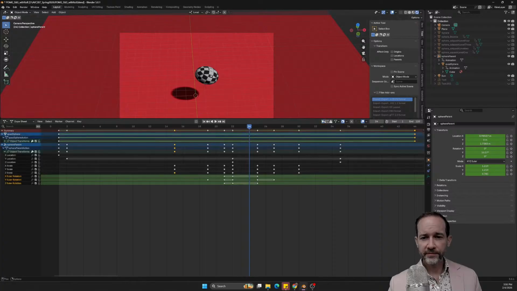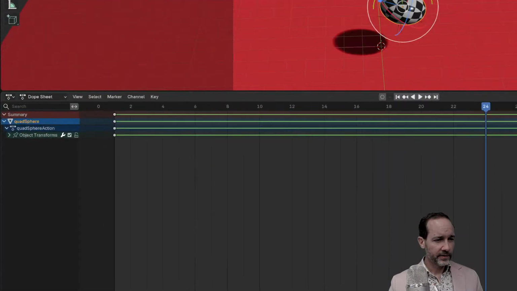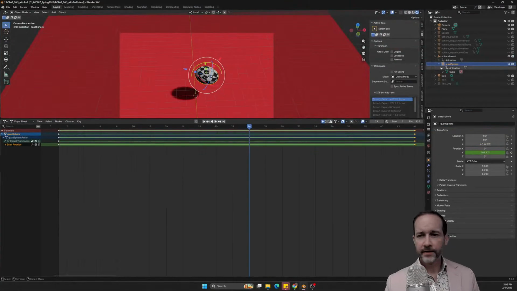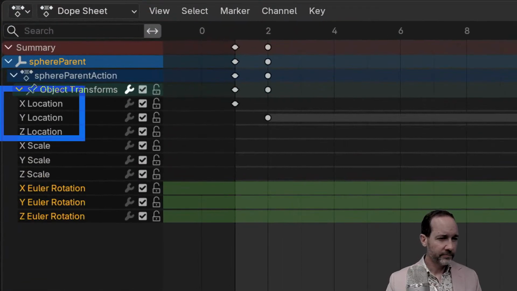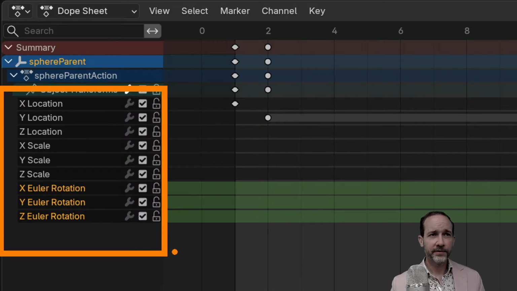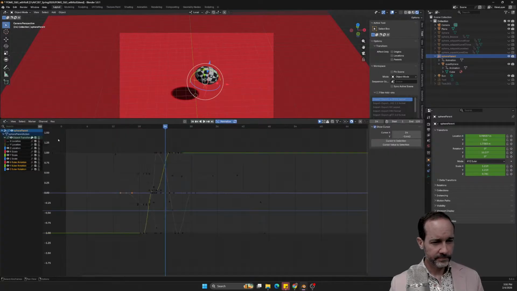So if we keep this here, keep it on, it's like this. If I come down here, the only thing I've got is Y rotation. If I come up to here, the blank parent, I've got all three: location, scale, and rotation keyframes. If we look at all of them in this view.